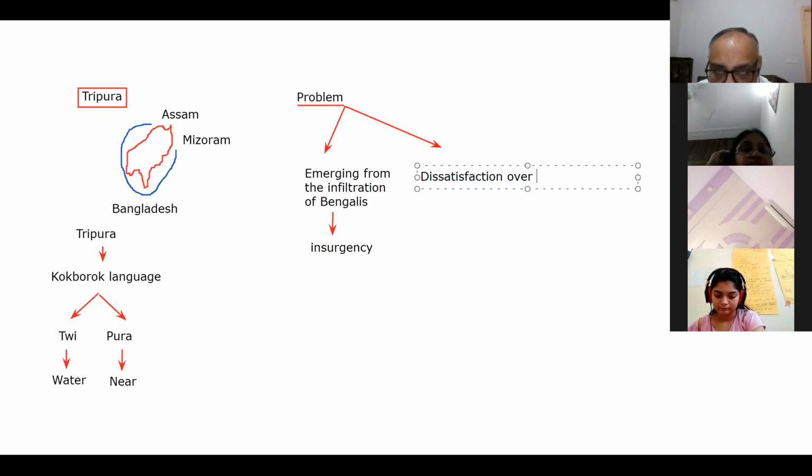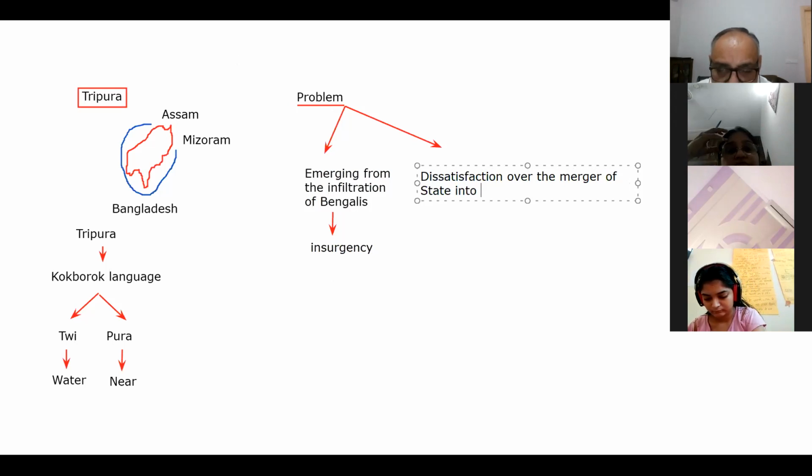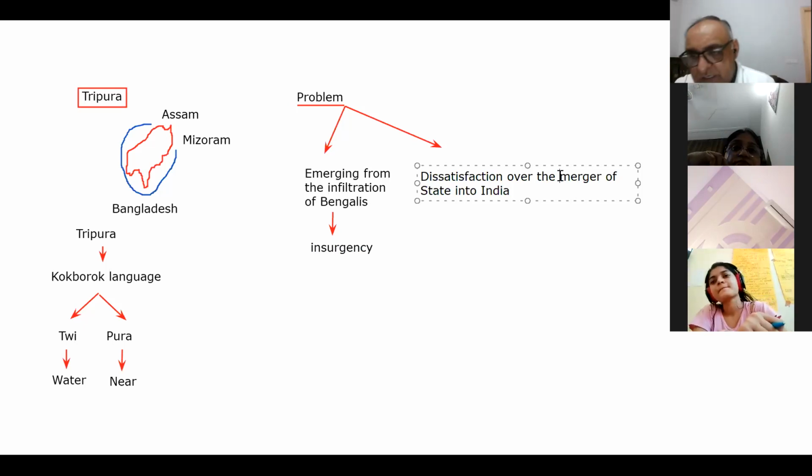Dissatisfaction over the merger of the state into India. There are certain sections which feel that the merger of the state into India by their ruler was not in the interest of the state. So they think that the merger of the state with the Indian Union is in itself disputed, right? वो कहते किसी से पूछा तो नहीं, अपने आप ही मर्जर कर दिया, ऐसे कैसे हो सकता है,